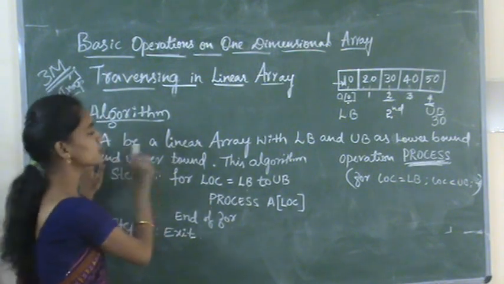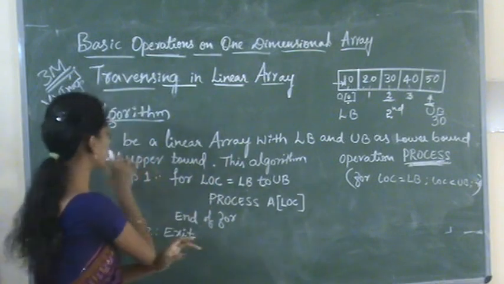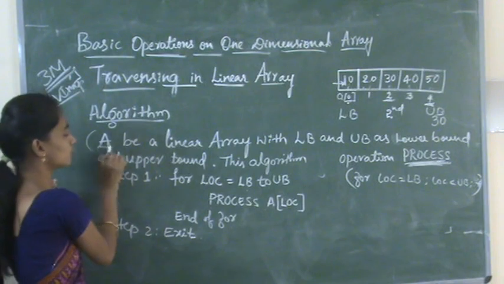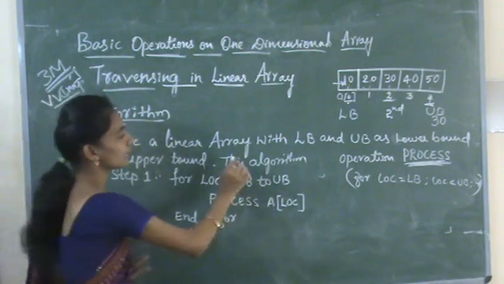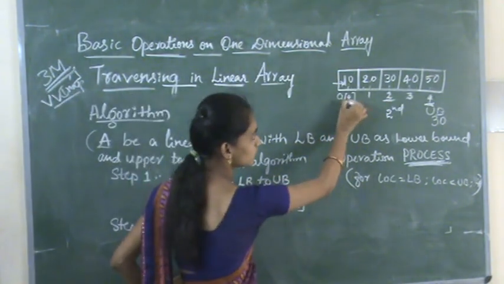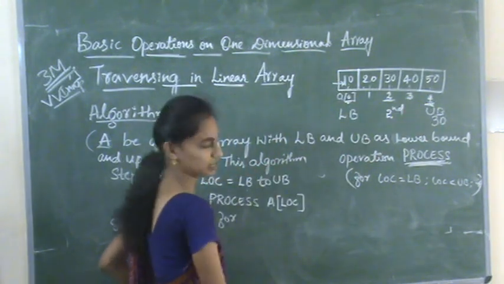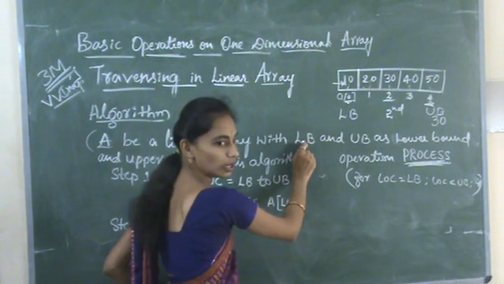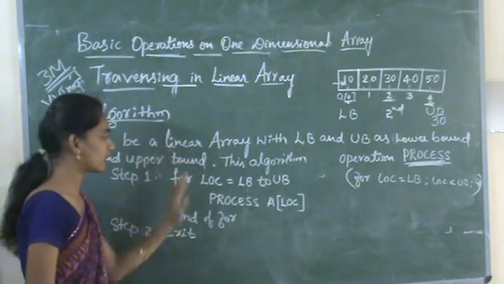So here we are using an array. Whatever we are doing, we write in the description. So we are using an array. We have taken the array as A. Next we are using index, we need the starting and ending index. So for that we use LB and UB, right? Lower bound and upper bound. So these variables are used.